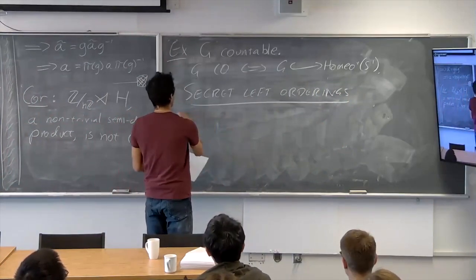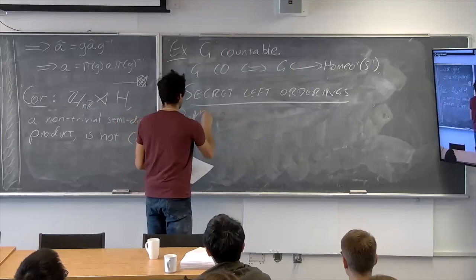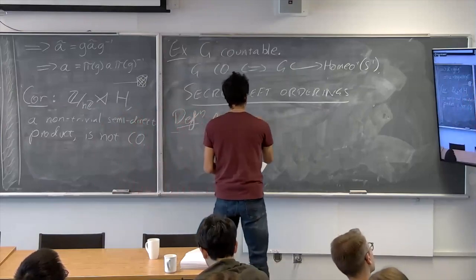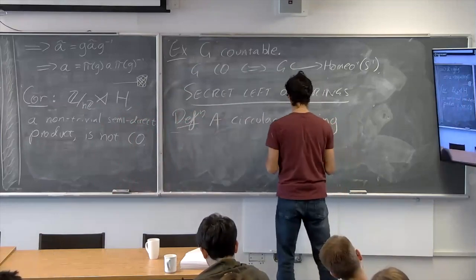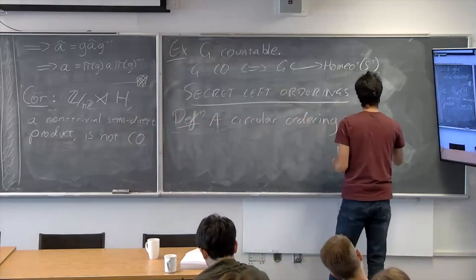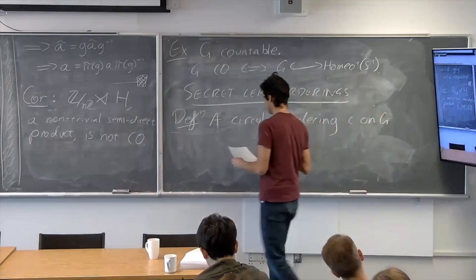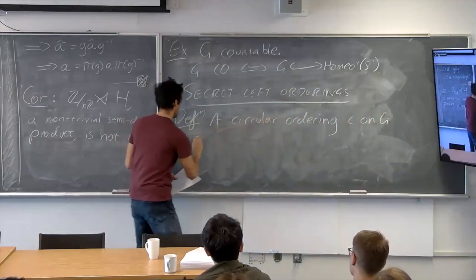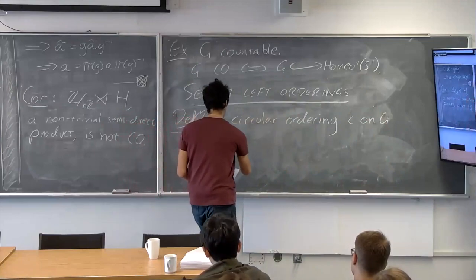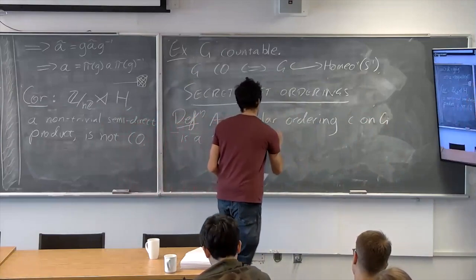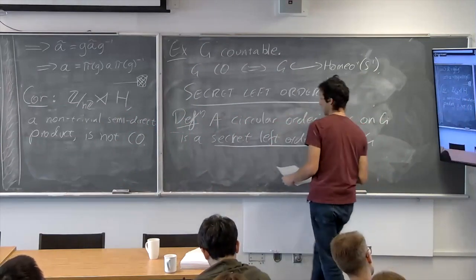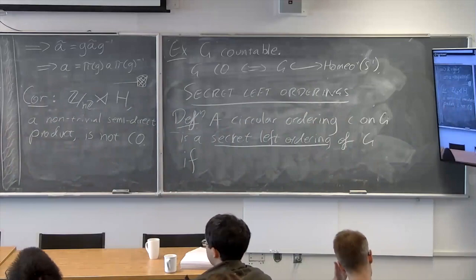All right, so definition. Let's talk about what we mean by a secret left ordering first. So a circular ordering C on G. I'm going to define it in terms of C. So it is a secret left ordering of G if